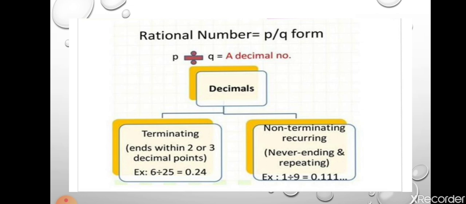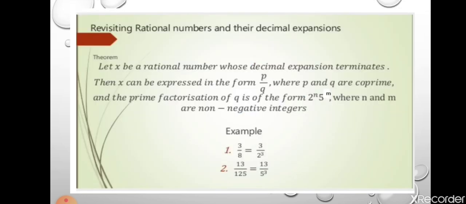But in class 10th, the concept of this statement is to identify whether the given rational number is terminating or non-terminating repeating decimal without using any long division method. That means with the help of this statement you can easily identify whether the given rational number is terminating or non-terminating and repeating. So first of all, you have to observe two facts.